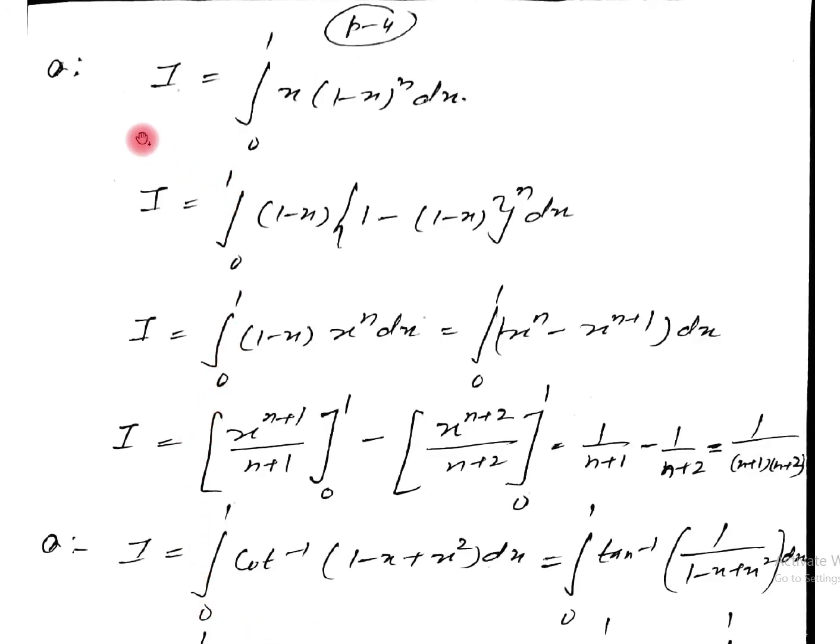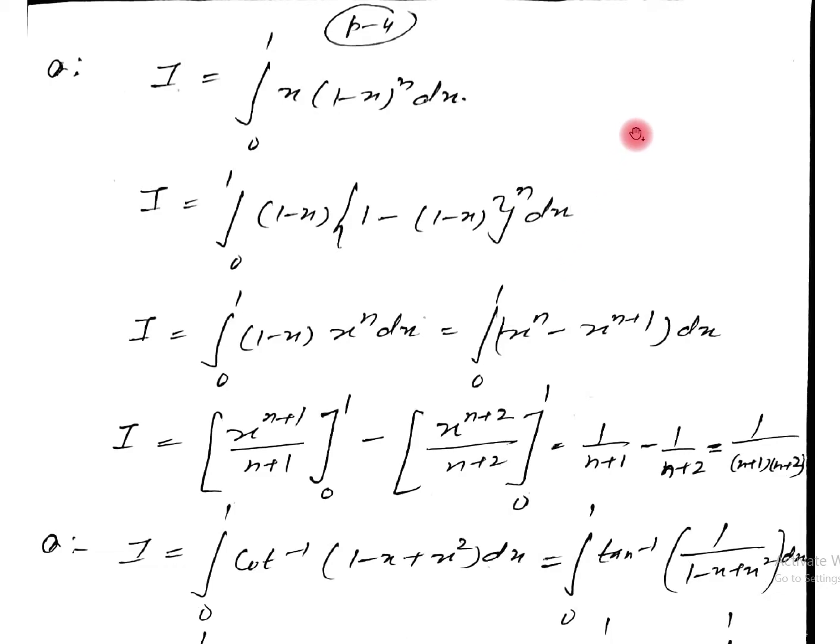Now see the next question. We have to integrate from 0 to 1 x into (1 minus x) whole power n dx. If I want to separate this integral, this cannot be separated. So firstly I am using the property. I becomes the integral from 0 to 1 of (1 minus x) into (1 minus (1 minus x)) whole power n,